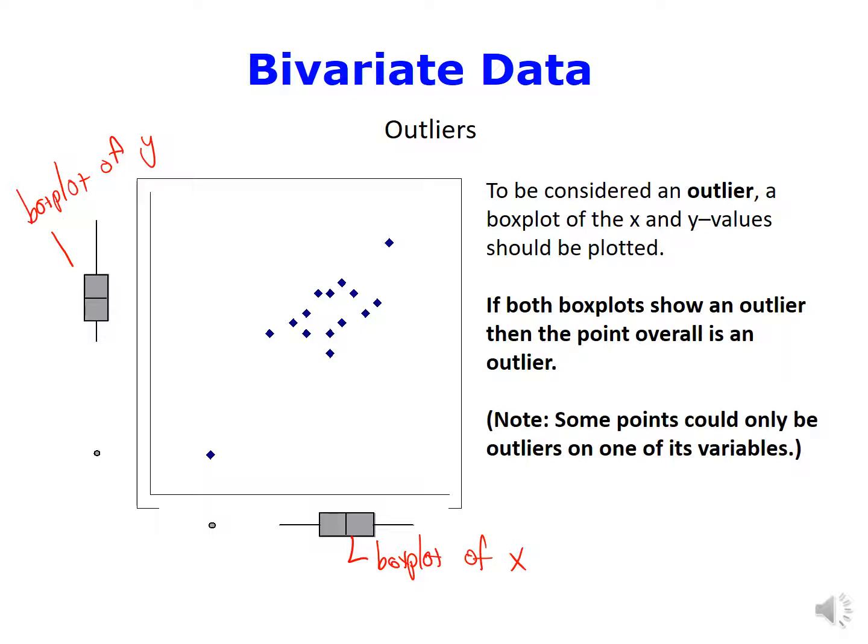If both box plots show an outlier, then the point overall is an outlier, but you can have points that are outliers on one variable. Like in the IQ GPA graph from a few slides ago, that one didn't have any overall outliers, but it did have several points that were outliers on one axis. But this point overall